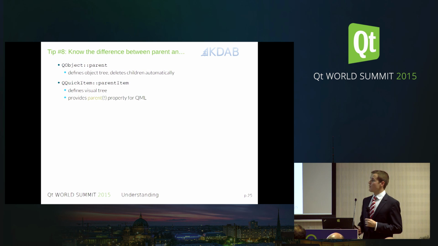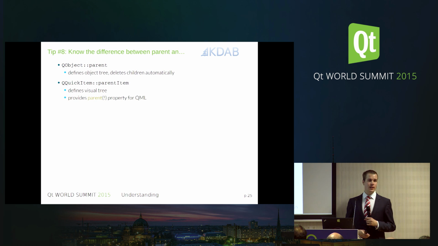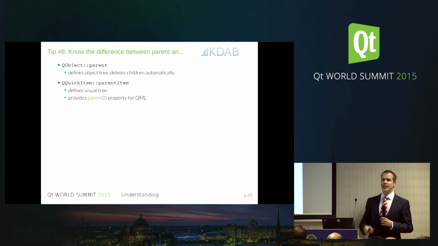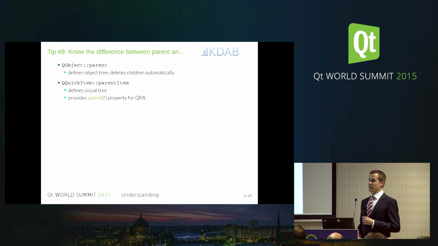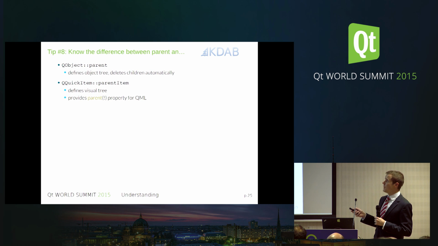So if something is the parent item of another item, it will get drawn below the item. So it has effects on the Z order. And a child item of a parent item will have coordinates relative to the parent item. That's the visual hierarchy. And ironically enough, the parent property in QML does not mean parent, but it means parent item. That is a nice confusing situation which I ran into once or twice,